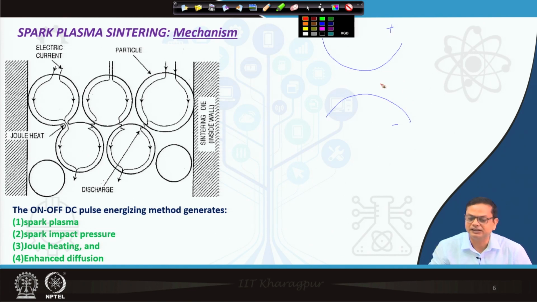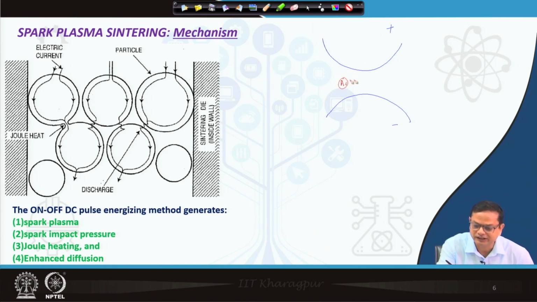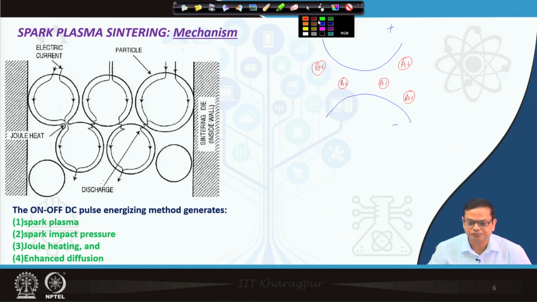What do you have? These powder particles, after getting loaded, it gets filled with a certain amount of argon atmosphere. Okay. So, a certain amount of argon partial pressure is created here. So, there will be argon atoms in this space, right. And once this bias voltage is applied, as you can see, we can consider one as positive and the other one as negative, and because of this bias voltage there will be